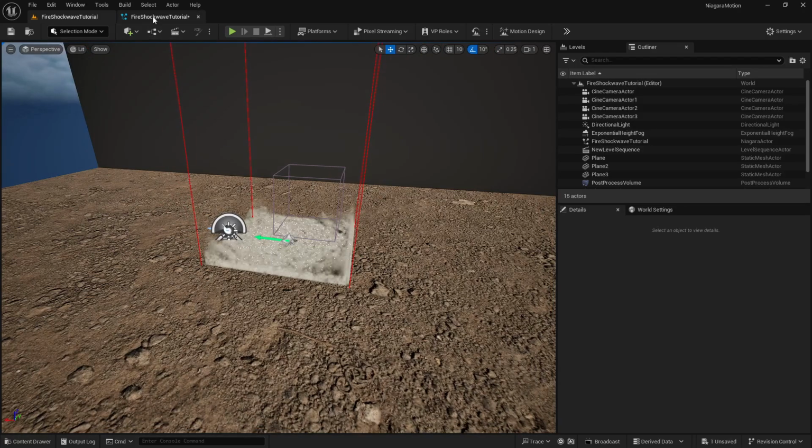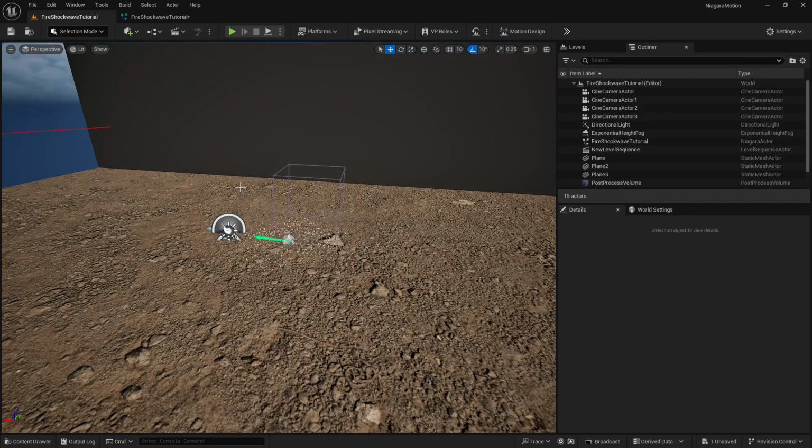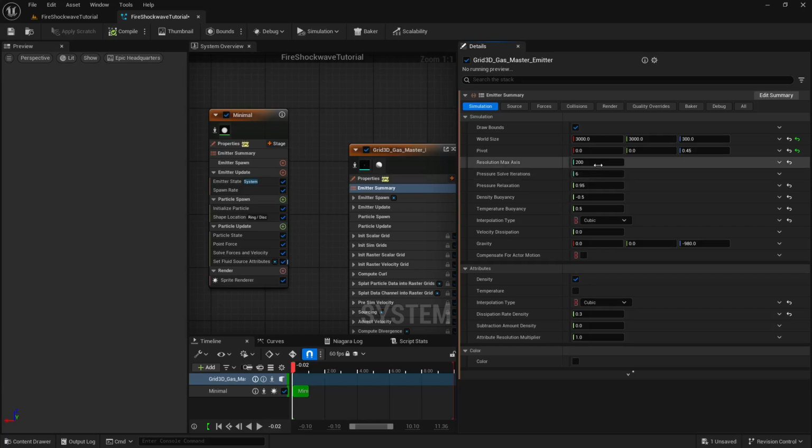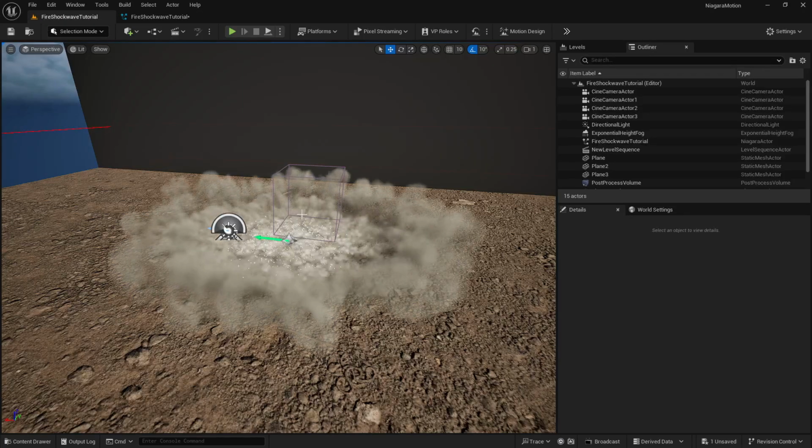Now what I'm going to do, I'm going to make sure that it is much bigger here. So I'm going to take this around 3000, this also around 3000, and this around maybe 300, because I want it to be shorter. And now you can see we are getting this result, but we are not seeing any smoke or something like that. Why is it? Because we need to go here and make sure that we have increased our resolution as well. So let's just start with 400. And if I go here now, you can see the result, which is looking really good here.